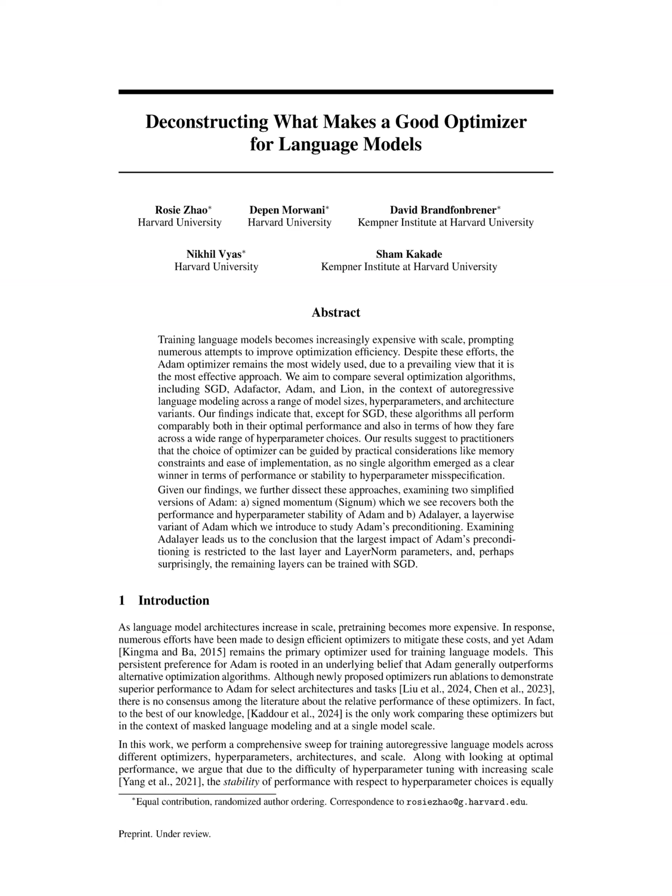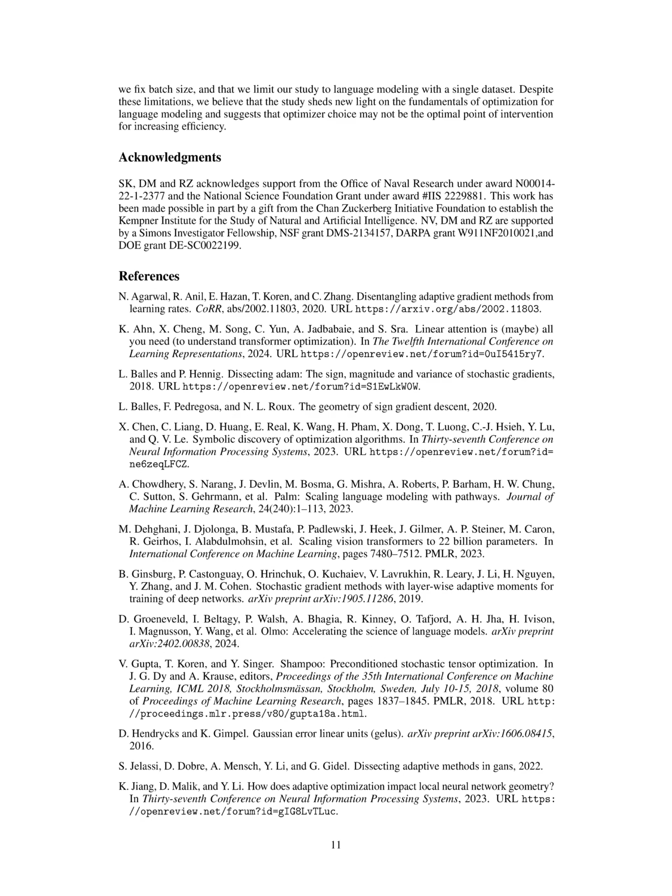9. Generalizability. The findings may be specific to the models, datasets, and hyperparameters tested in the study, and may not be universally applicable across all scenarios. 10. Intervention point. The study suggests that optimizer choice may not be the optimal point of intervention for efficiency, indicating that other factors influencing model training and performance may need to be considered for a more comprehensive understanding.